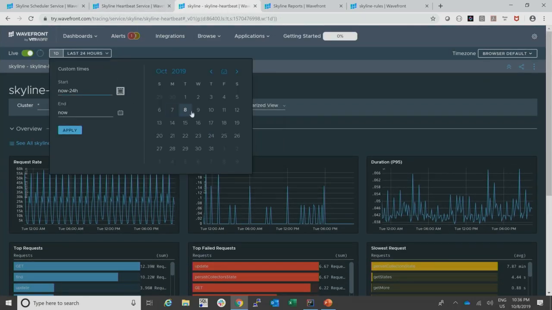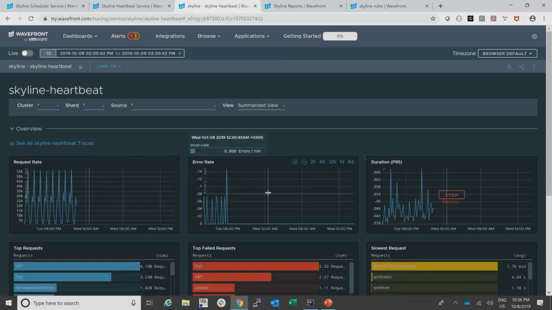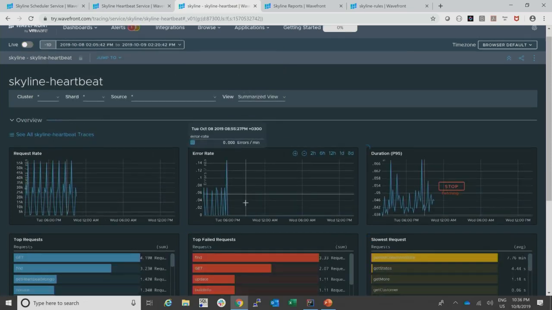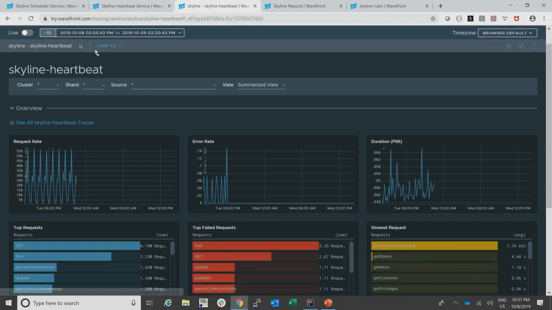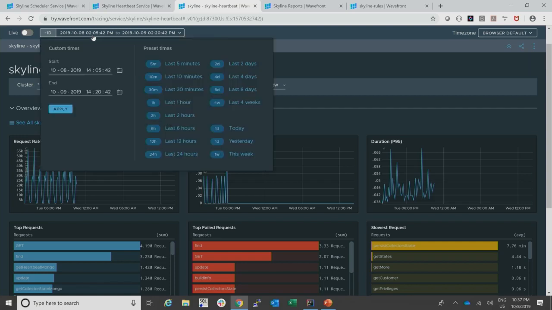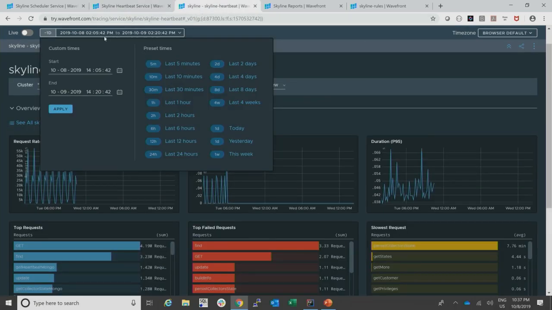Okay, is it the same timeline? Okay, it looks like the same.